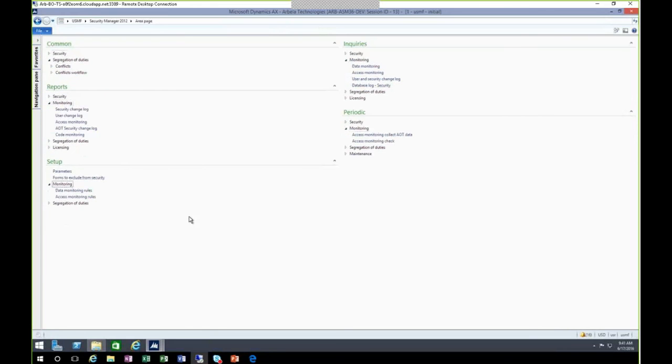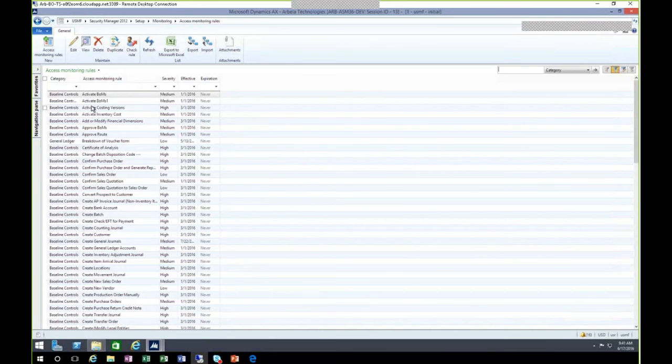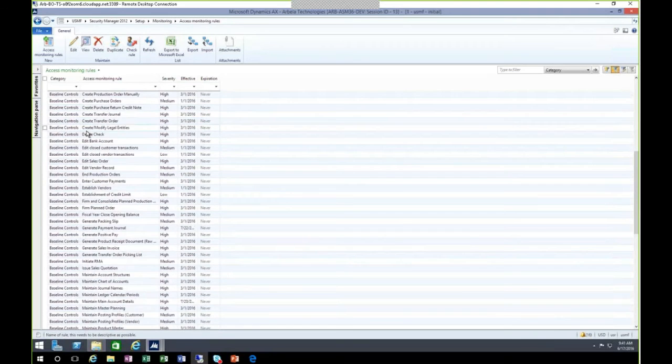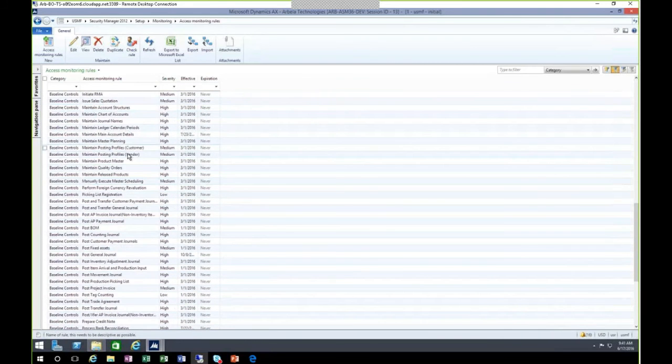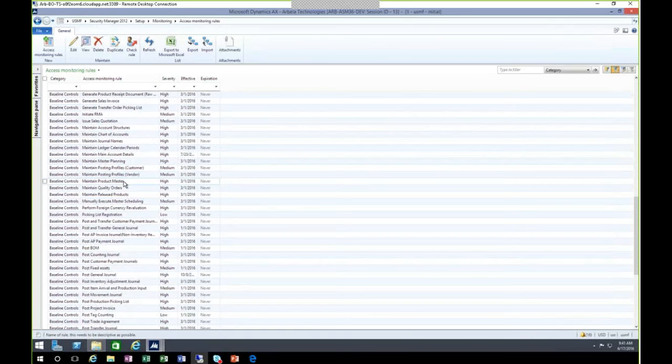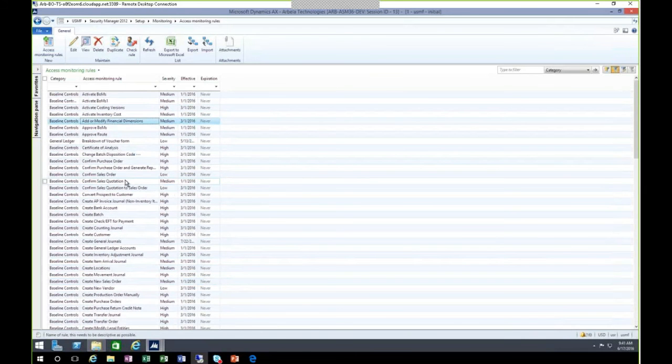We start with rules. So for access monitoring, we start with some rules. We have a very robust list that covers many of the functions that businesses have established to be very important for all transactional functions. We assign risk levels, an effective date. You can import and export again.